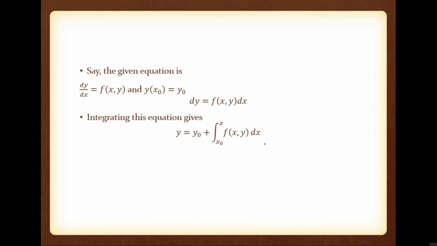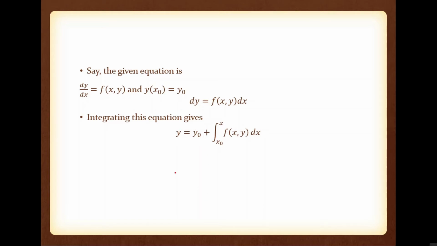Now we assume that for a small duration, that is if x is varying from x0 to x1, where the difference between x1 and x0, that is x1 minus x0, is very small. Please note, x is varying from x0 to x1, where x1 is very close to x0. Then we are assuming that f of x comma y is constant, and that is f of x0 comma y0. For a small duration, this value is not changing, it is constant, or dy by dx is constant.